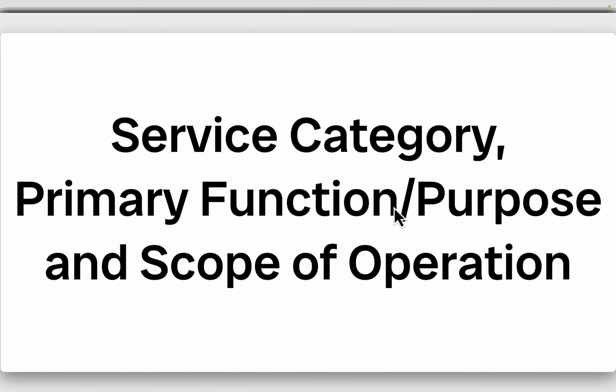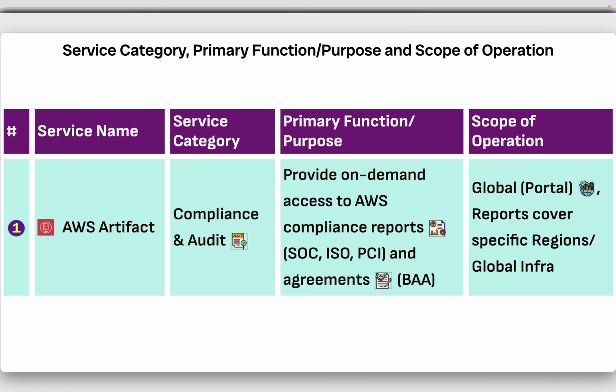So the first set of parameters will be service category, primary function and purpose, and scope of operation. First we have AWS Artifact. It belongs to the category which is compliance and audit. The primary function and purpose is to provide on-demand access to AWS compliance reports such as SOC, ISO, PCI, and agreements like BAA. And the scope is global, so it's available through the AWS portal, and reports cover specific regions